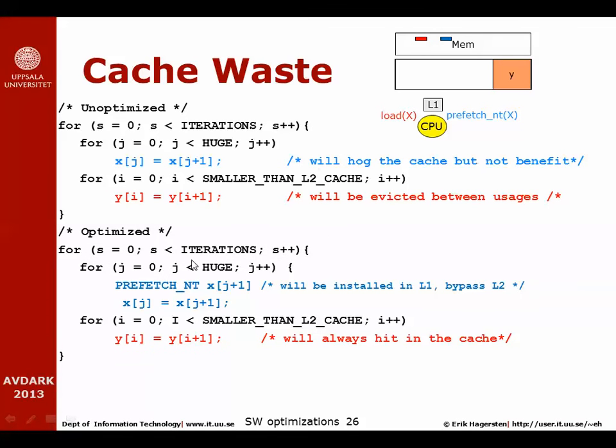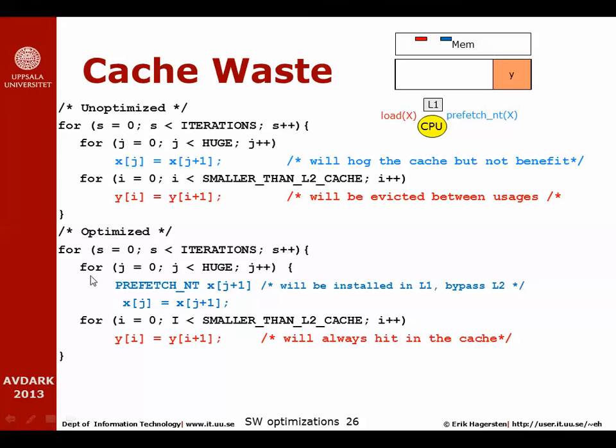So this is how we would use that optimization in the previous example. We will simply insert prefetch NT instructions to our accesses. And as you see here, we don't leverage the fact that we actually may choose to prefetch data before it's been used. In this example, we're just prefetching data with prefetch NT in the same iteration that it's being